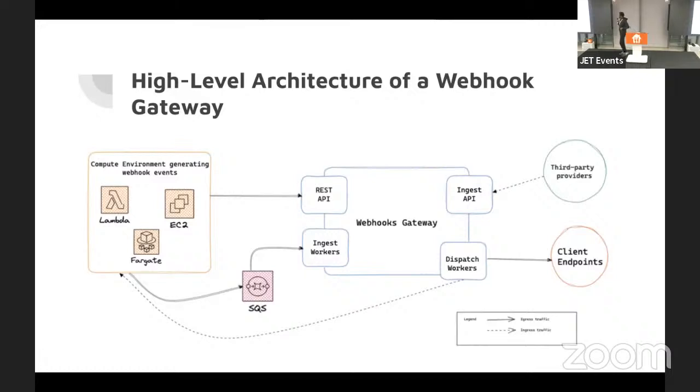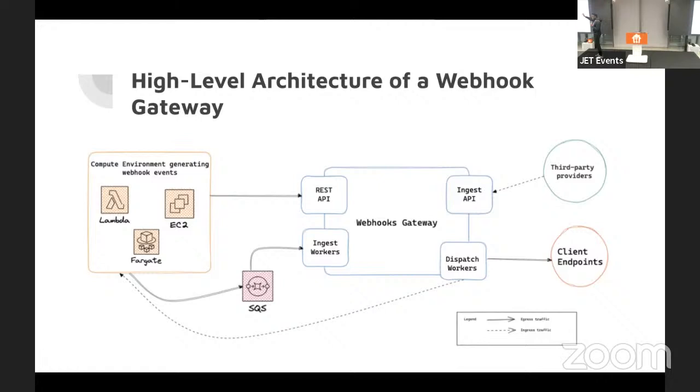Okay. And yes, the high level architecture of a webhook gateway looks something like this. The internal systems are publishing events into the gateway via a REST API.